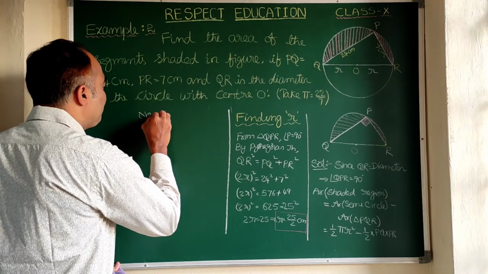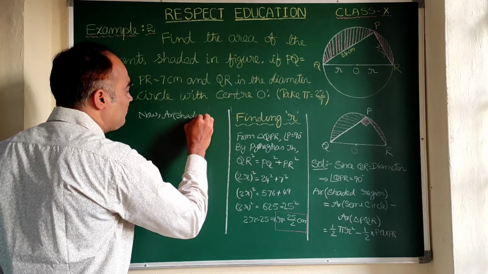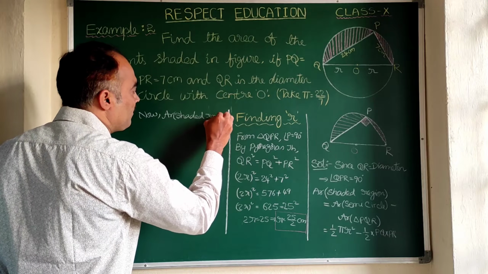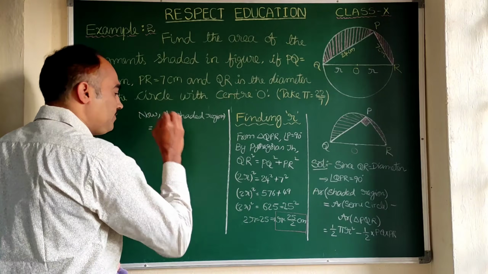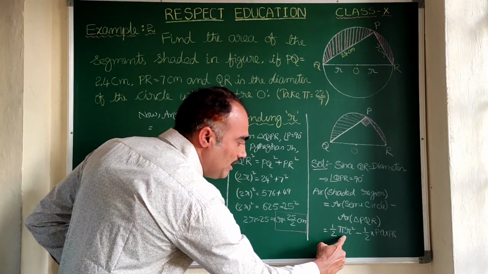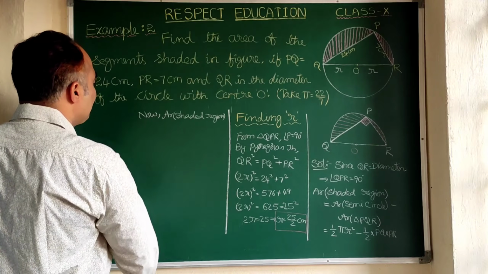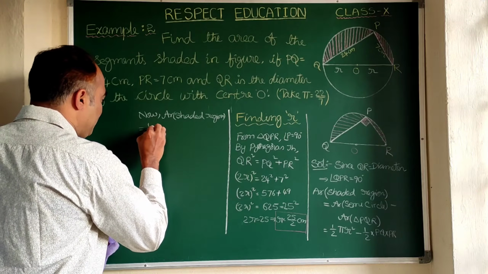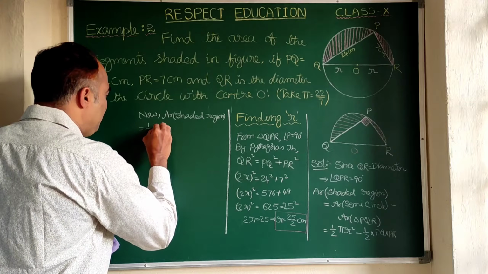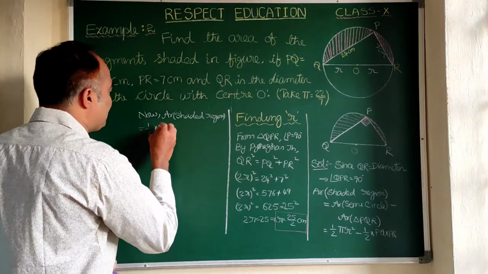Now, area of shaded region is area of the semicircle, whose formula is 1 by 2 pi r square. So let us write here 1 by 2 as it is into pi. Pi is given in the question as 22 by 7